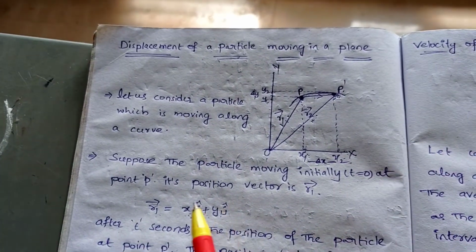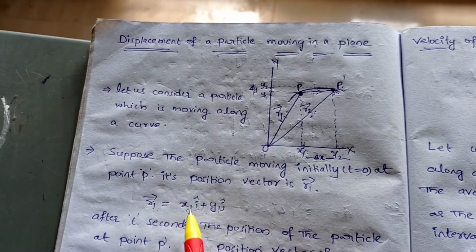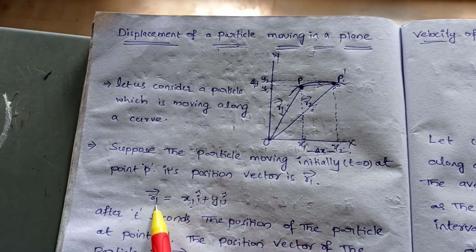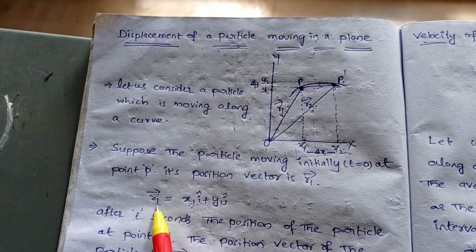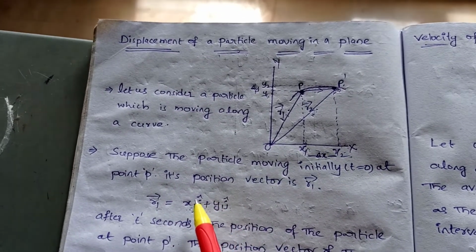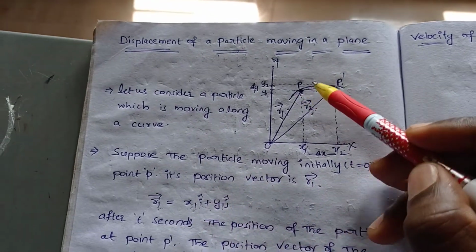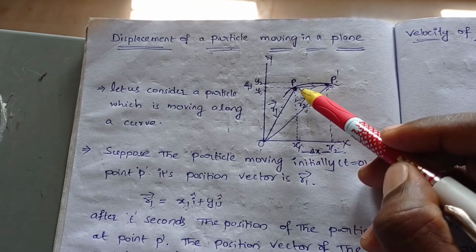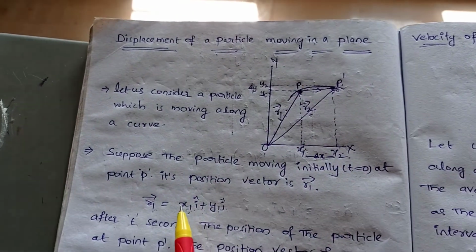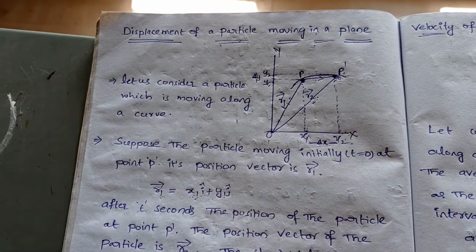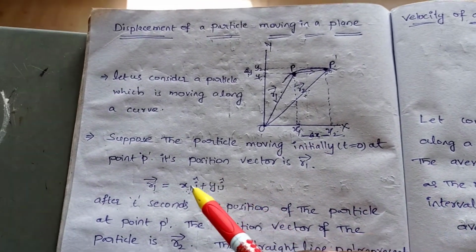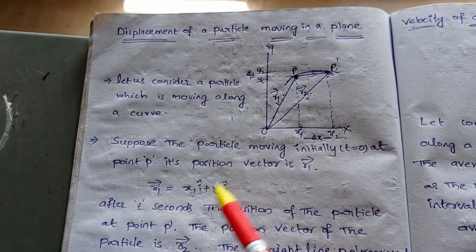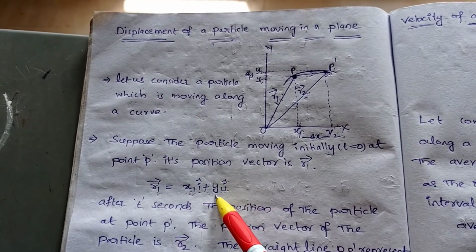We can write the position vector r1. How can we write r1? R1 is the position vector. This position vector represents the position of the particle initially. Okay, what are the coordinates? Which coordinates are required to describe the position initially, that is x1 and y1. So I have written it like this: x1 i cap plus y1 j cap. So i cap is a unit vector which is along x axis. J cap is a unit vector which is along y axis.